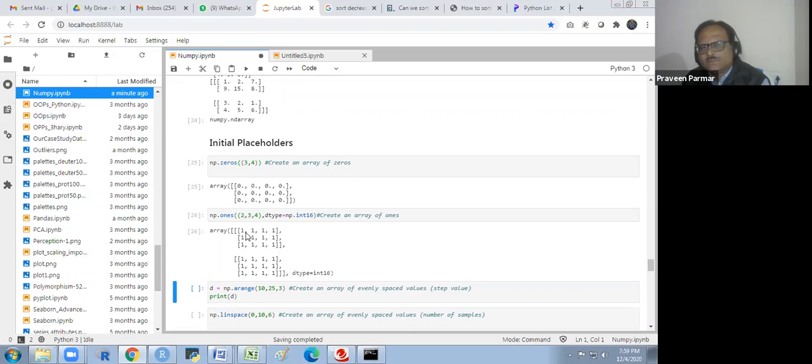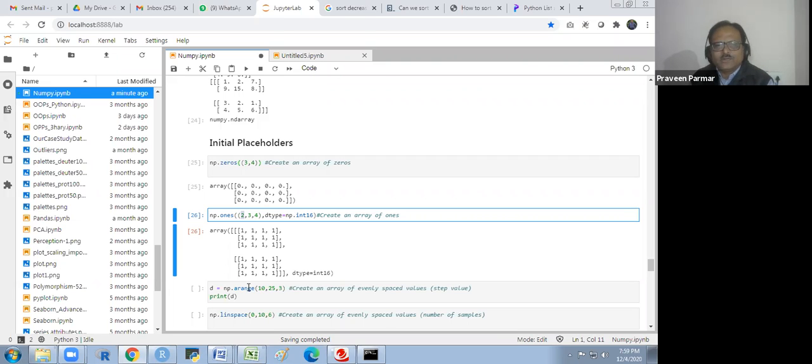The first number, how many you are getting? So it is 2 for the 1 and 2, 3 for 1, 2, 3, and 4 is this. First, the number of matrices you are taking will come here first. But in R, the number of matrices goes at the end: first row, then column, and then number of matrices. Here the number of matrices would be first, then row, then column. Is it clear?